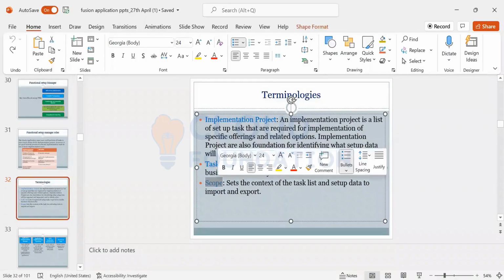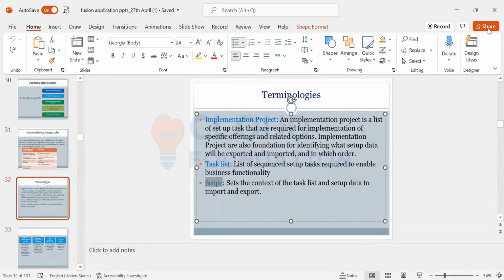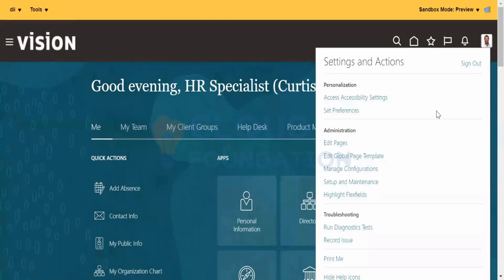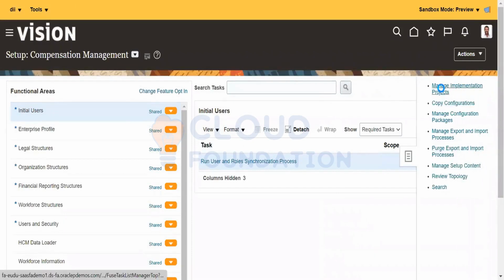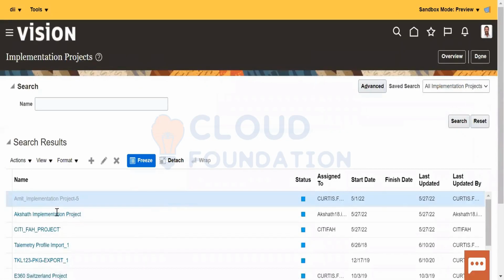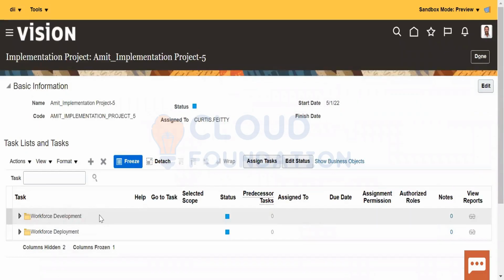Now, what is the scope? I have shared the scope with you, offerings, and then we have the scope. Search on the manage implementation project. Go to your own implementation project, the one that you have created, not the other one.